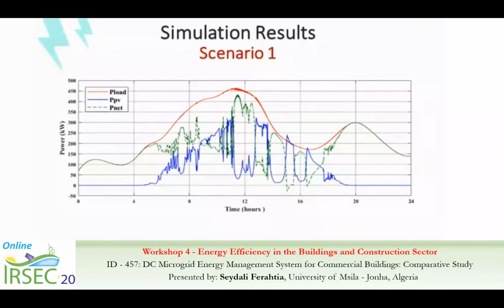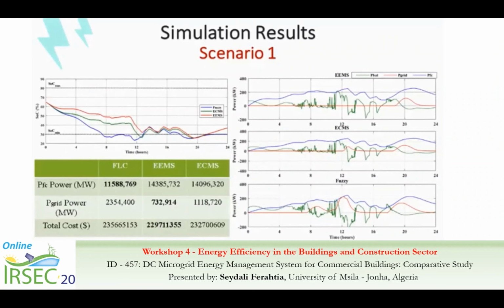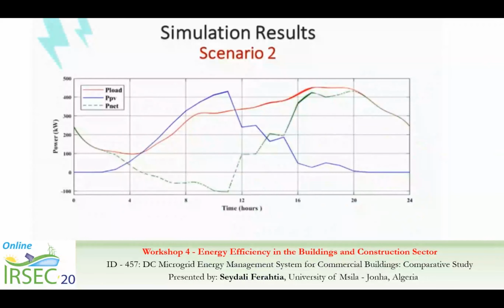As depicted in these results, the battery will share much more power using the fuzzy logic control than the other techniques. However, in the total operating cost, the external energy maximization strategy provides better performance. Regarding the lifespan of the battery, the external energy strategy operates the battery in its allowable range better than the other techniques. Second scenario: no fluctuations in the output PV power, and the battery will see charging in the first part of the day,